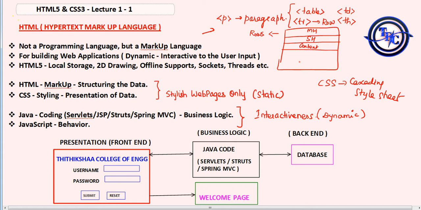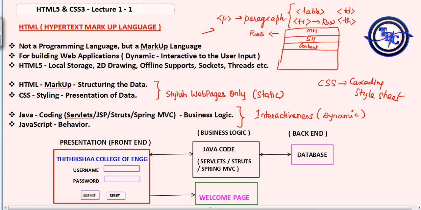So I want to go for this HTML course so that we can look at Java as well as HTML side by side. What we saw is that it's not a programming language, you don't have to code anything, it's just a markup language. You use some tags and write the content inside the tags, and HTML takes care of structuring the data accordingly.